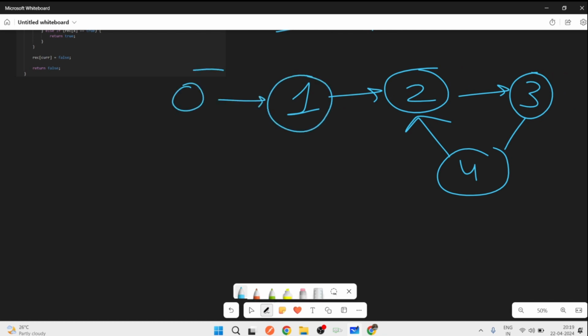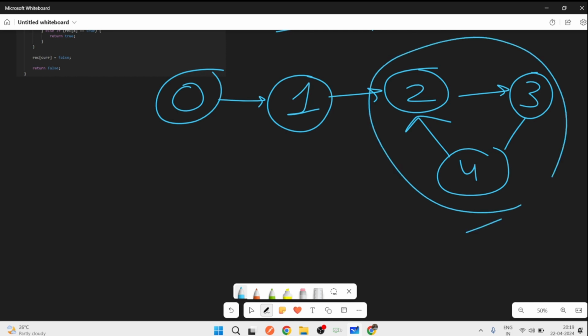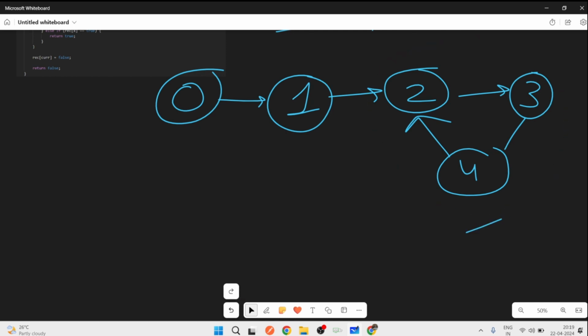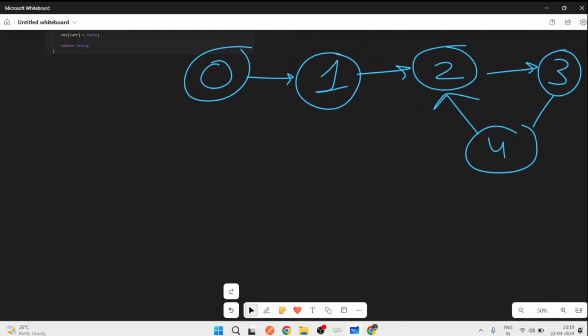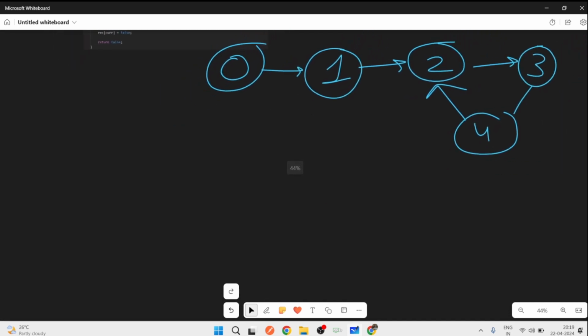Let's understand. We have a 5 node graph and there is a cycle. You can see there is a cycle. But how will I detect this cycle? So to detect this cycle, first I am going to create a boolean type